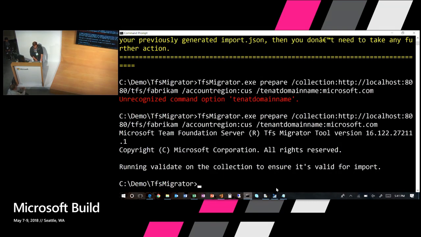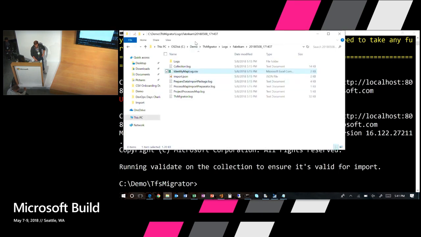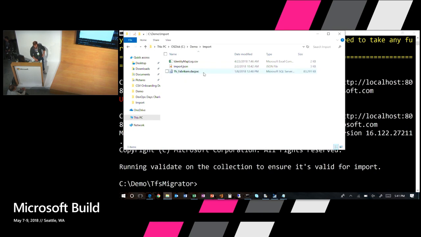Now, once you detach the collection, you need to actually go ahead and generate a way for us to get access to that data in that collection. There are two ways you can do this. Unfortunately, due to the limited time in this talk, I won't be able to cover both of them, but I'll briefly describe them. The first way, if your collection database is under 150 gigs in size, is to use a data-tier application package or a DAC pack. A DAC pack is really schema and data. It's wrapped up into a nice little file. You put it up in an Azure storage container, give us a pointer to that storage container, and we slurp